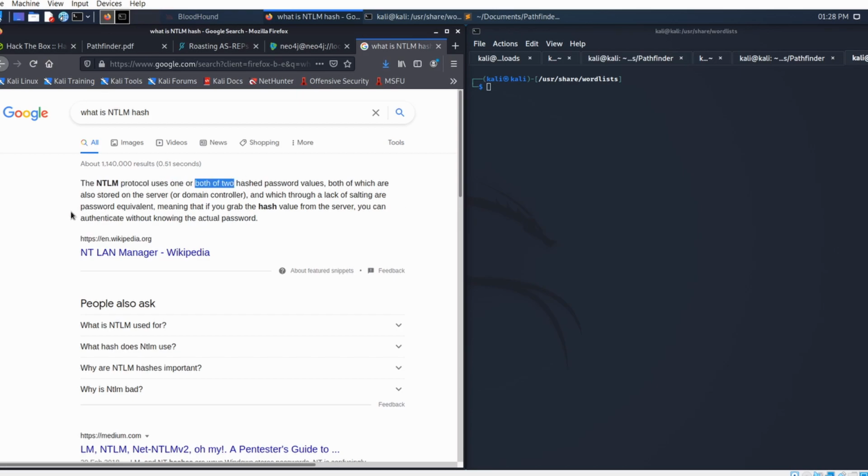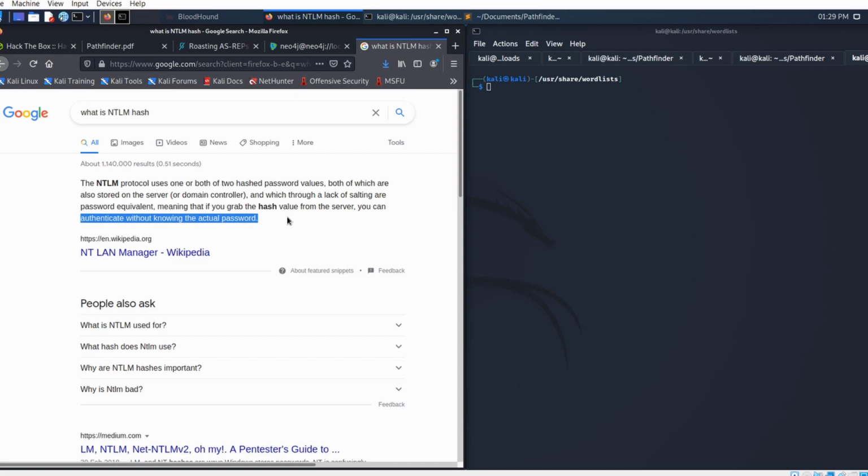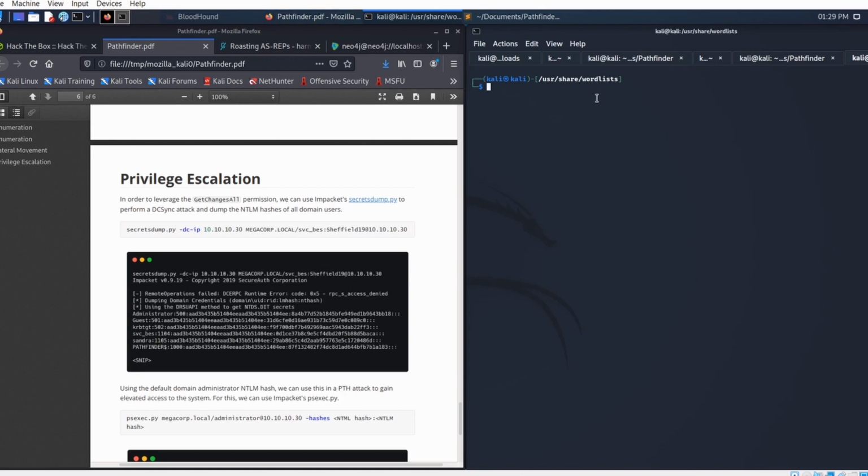So I just did a bit of Google on NTLM because I wasn't entirely sure what it was. Which essentially means if you grab the hash from the server, you can authenticate without knowing the actual password. That's what's important, because we just get the hash. We don't even need to crack the hash. We just need it. So we're going to use that secretsdump.py